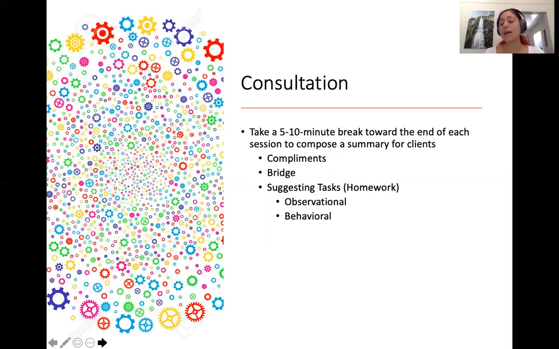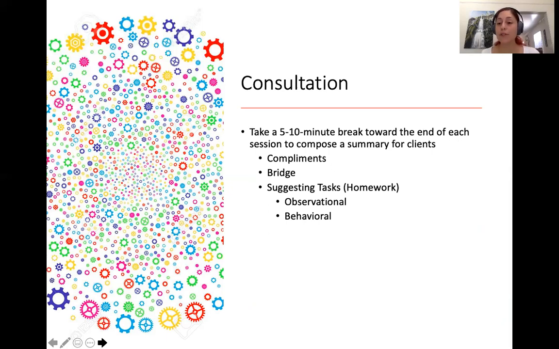So first, a compliment is provided. And remember, we talked about compliments already, but we're specifically here focusing in on what the client is doing that's leading toward effective solutions. It should be encouraging. It should create hope. It should be affirming. Okay? It starts off with a really positive. Then you provide a bridge, and the bridge is linking the compliment that you've provided to the suggested tasks that you're going to be given as homework or as experiments.